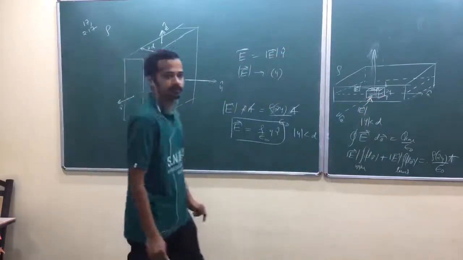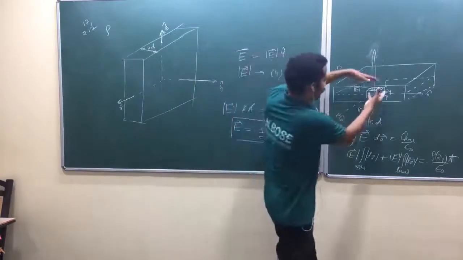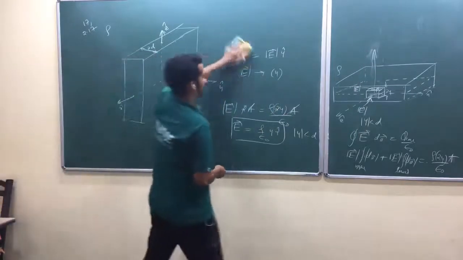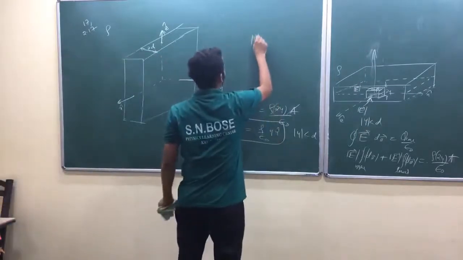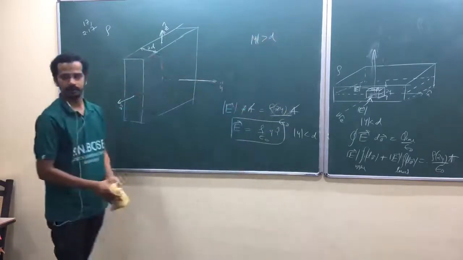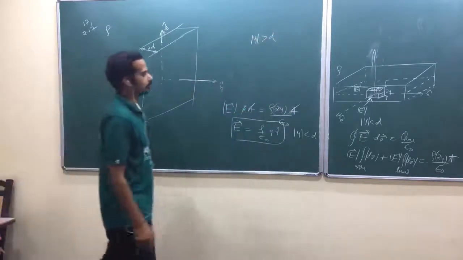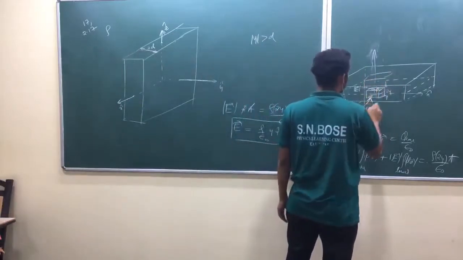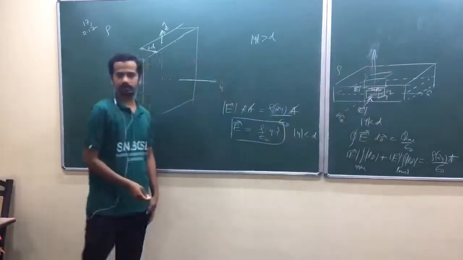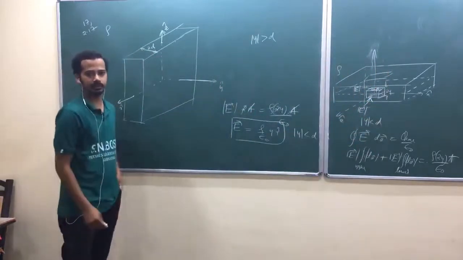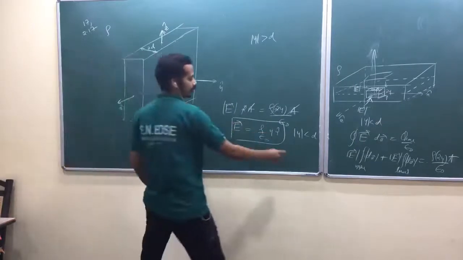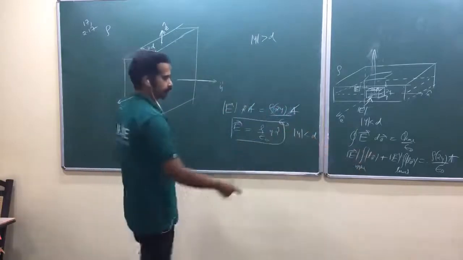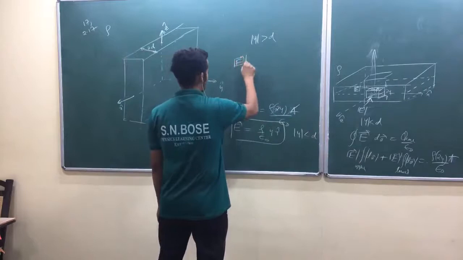Now outside, again you have to extend your Gaussian surface outside. If y is, a little geometrical, if mod y is greater than d, is that okay? Outside this slab. So then what you have to do? You have to again extend your Gaussian surface so that it is at a distance y from the center, and that y should be outside the slab. While doing that, this part will be the same. I told that one, am I right? This part will always remain the same. So that's why this part will be electric field into 2A only.